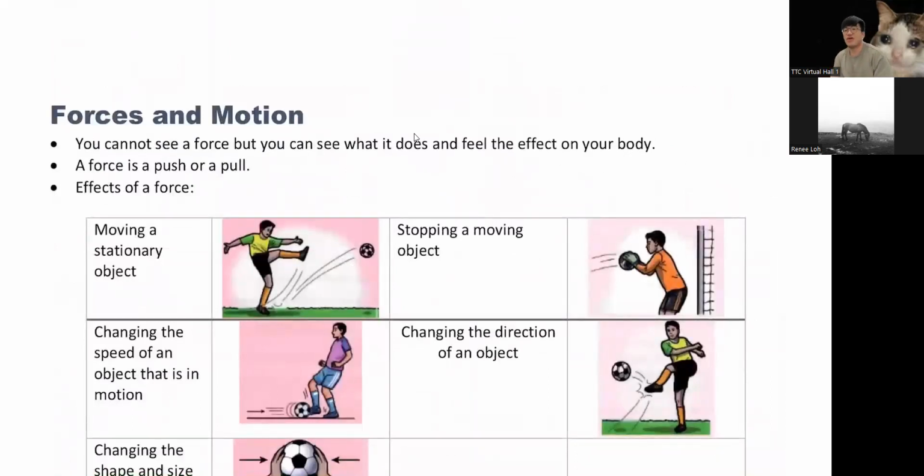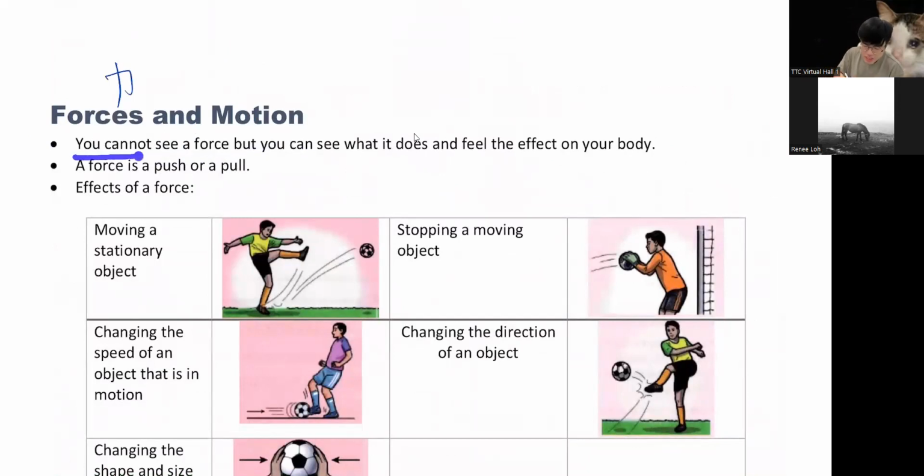All right. So first of all, let's look at what is force and motion. 什么是 force and motion? Force 就是力。Okay, force. When you punch a wall, okay, when you push something or when you pull something, that's a force. All right. What is motion? Motion is movement. Okay, 动力行动就是 motion. When you are walking, when you are running, when something is moving, that is called motion. So force will cause motion.